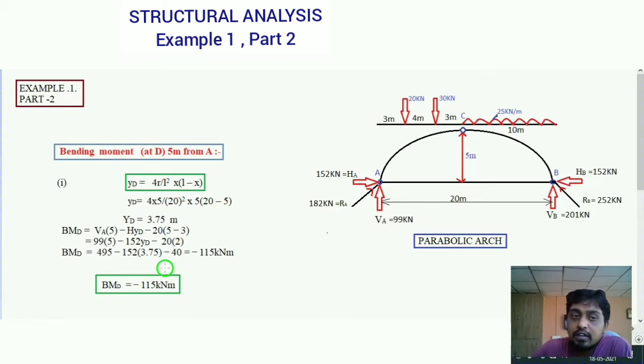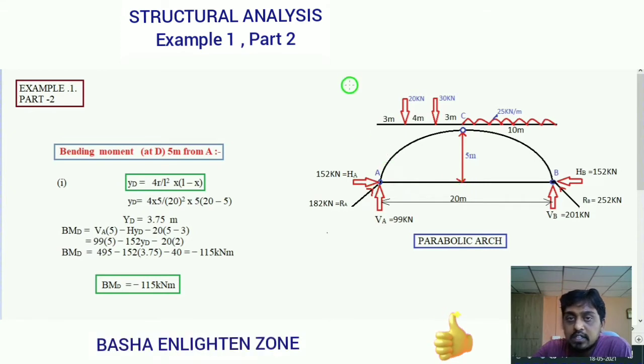What they mention in the question is the bending moment at a point D, 5 meters from A. See here, this is point A. From here, 5 meters distance; totally up to here it will be 10 meters. So we will take a line up to 5 meters distance, see here 3 meters, 4 meters, so exactly somewhere I am taking 5 meters from A. According to the question I am taking that reference line, the 5 meters reference line. So this distance will be 5 meters only.